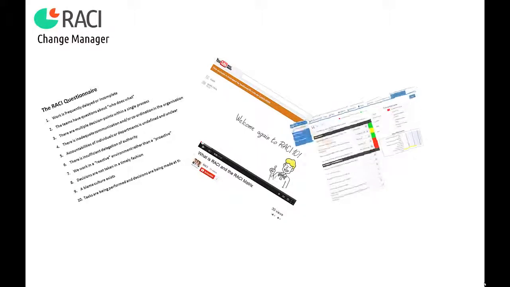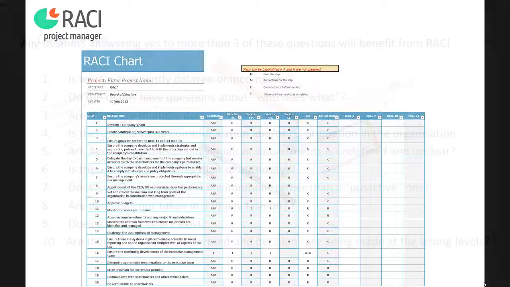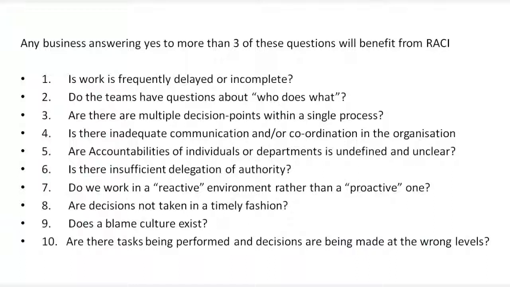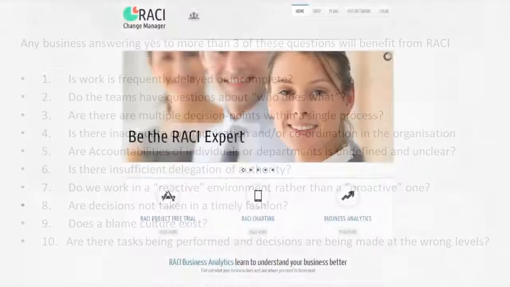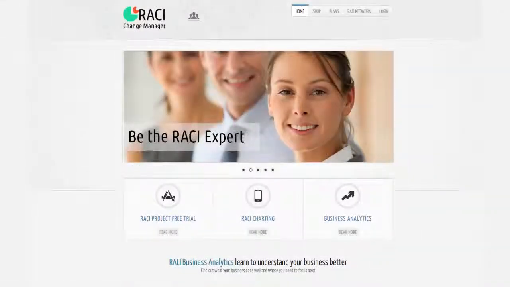There are a number of tools we can use to accomplish this. The first of these tools is the RACI questionnaire. This is available on YouTube or in document form on our website. The RACI questionnaire is made up of 10 simple questions that only require a yes or no answer. If the answer is yes to any more than 3 of the questions, it will indicate that underlying problems do exist, and also that RACI will be a great tool you can implement for resolving these. Many of the tools available at RACI.com are able to be used to open those first and sometimes difficult discussions